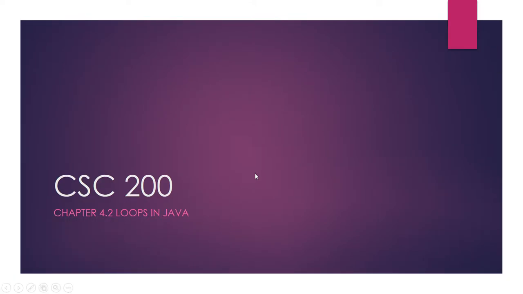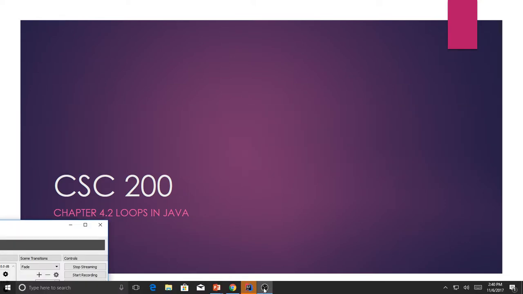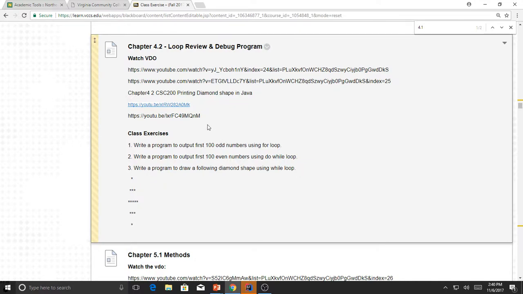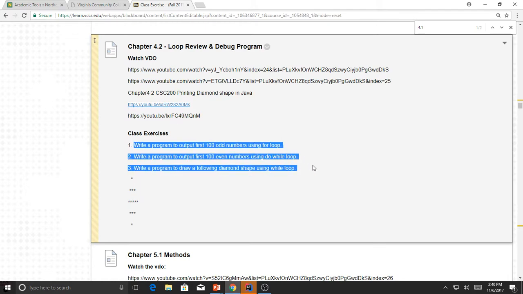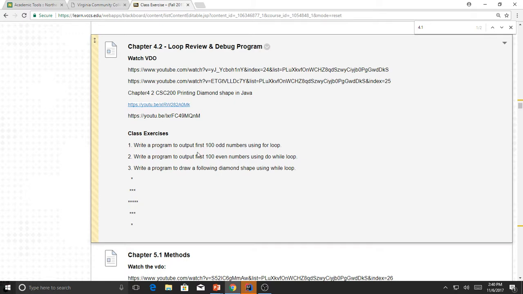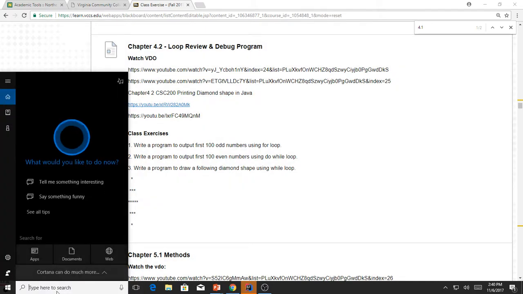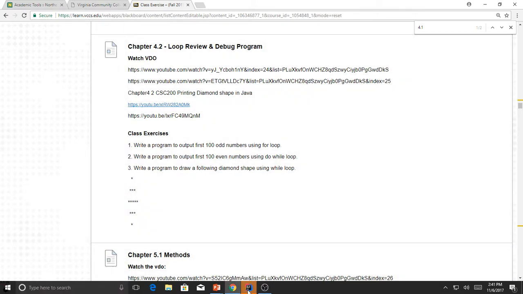Right, so let's look at the loops then, in Java. So we want to talk about 4.2. There are some like 3 class exercises. The first one wants you to print out the first 100 odd numbers. Alright, we're now going to come back to write this in the Android apps, as extra